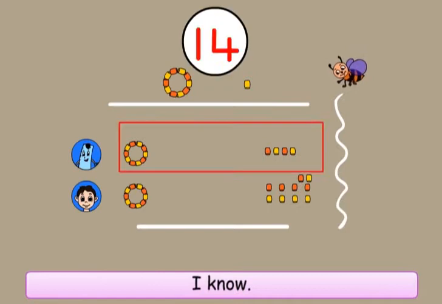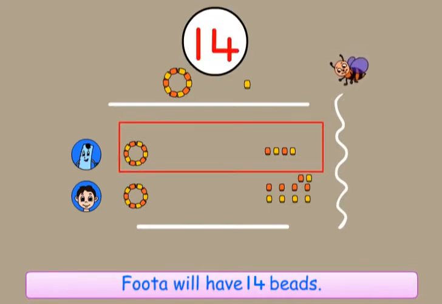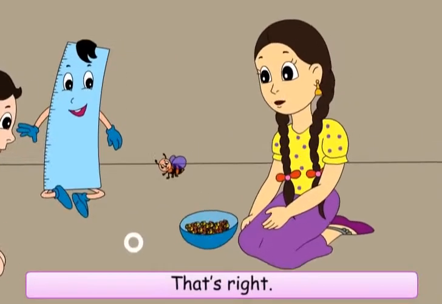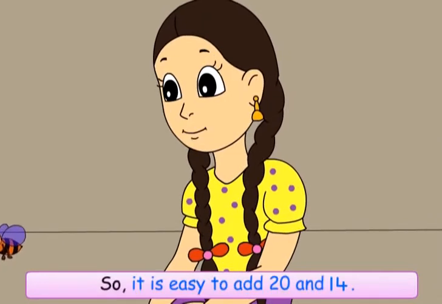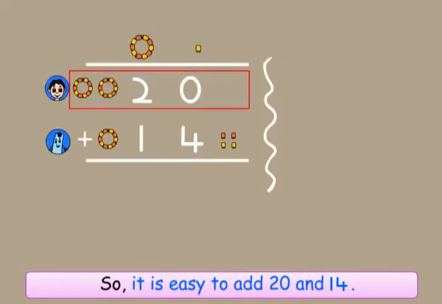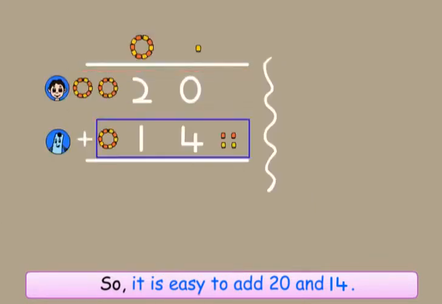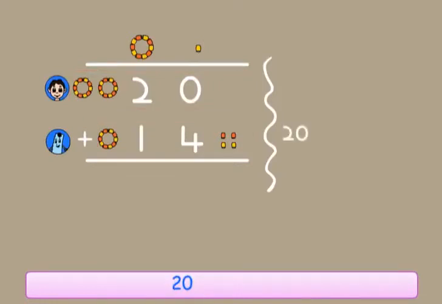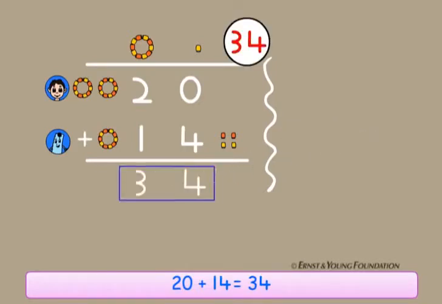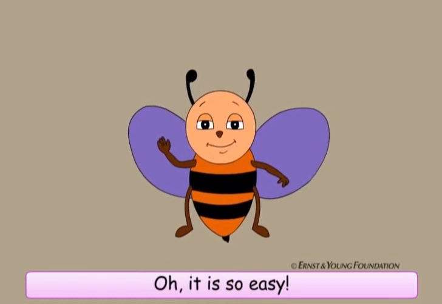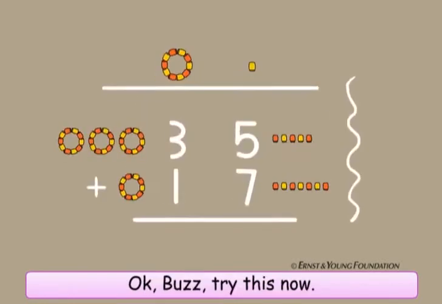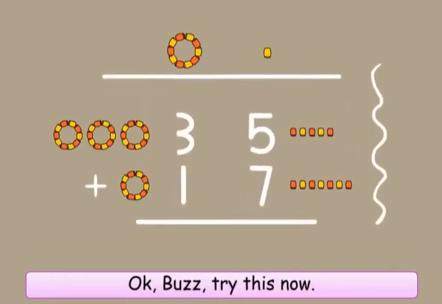I know. Futa will have 14 beads. That's right. So, it is easy to add 20 and 14. 20 plus 14 is equal to 34. Oh, it's so easy. Okay, Buzz, try this now.